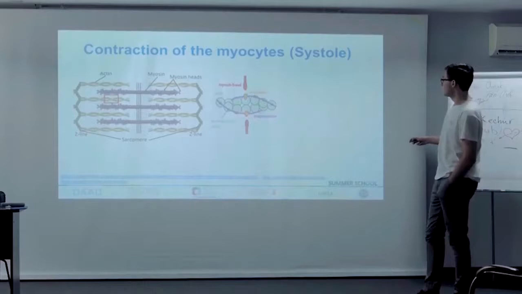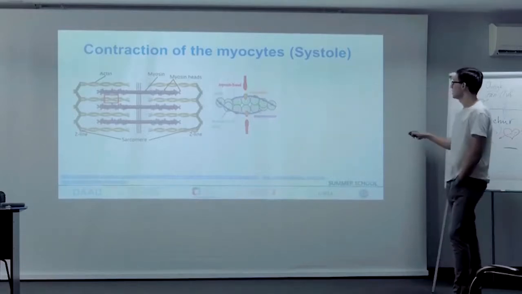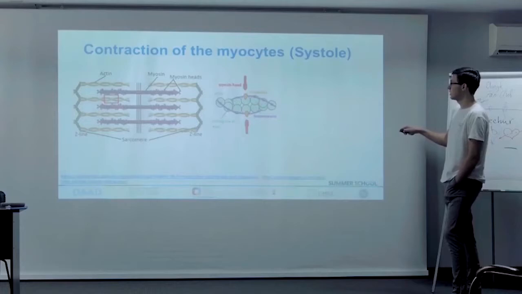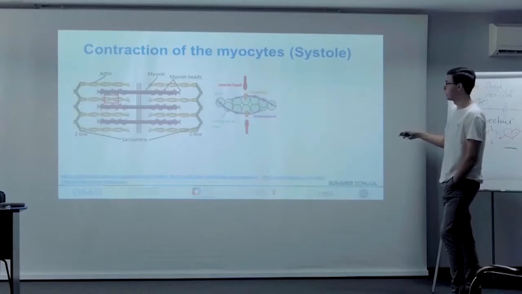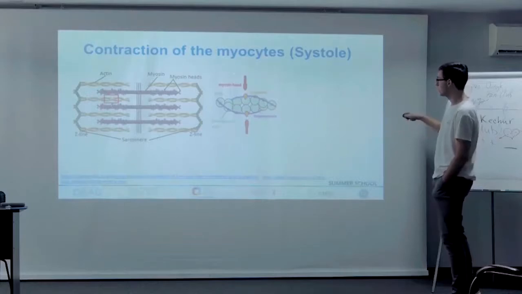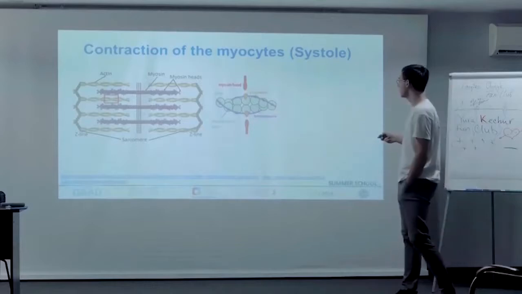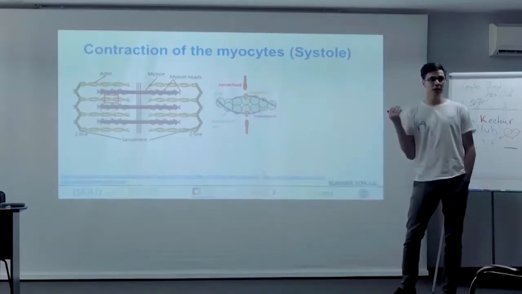And here also, troponin C and the tropomyosin. Here you see the myosin heads. If we look at this particular situation, the heads are here and here. So this is a myosin head, and this is a myosin head. The thing is that this troponin C and this tropomyosin cover the binding sites